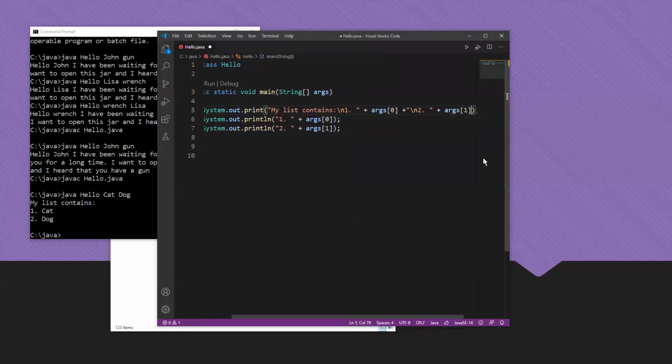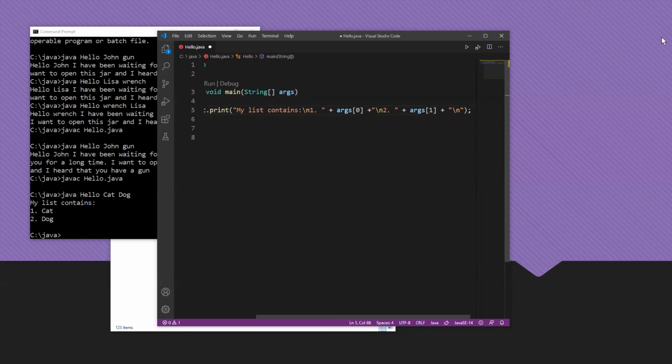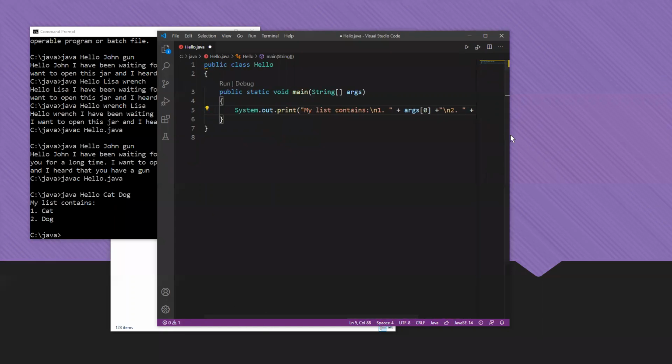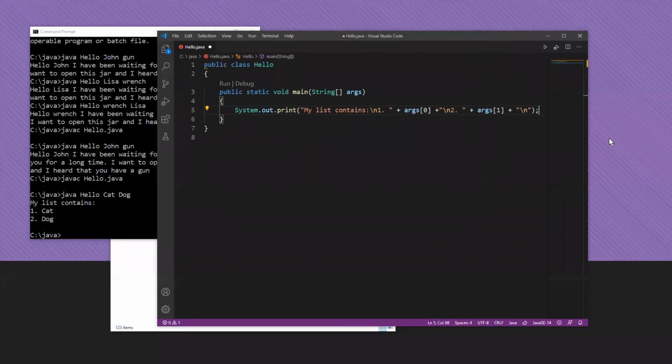args 1, and to that I'm going to add another slash n, and then semicolon. So when I do this, I don't need these lines. So you can see, apart from writing all the code in three different lines, you can write the entire code in this line by using these slash n characters. Okay, so it automatically